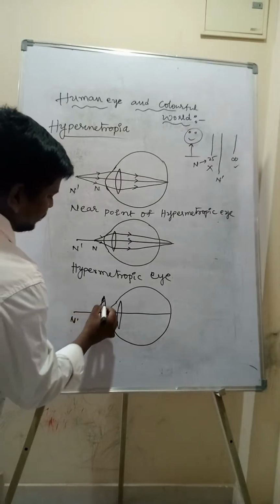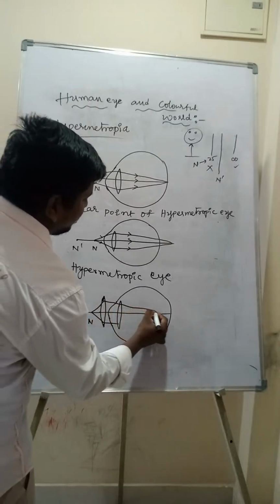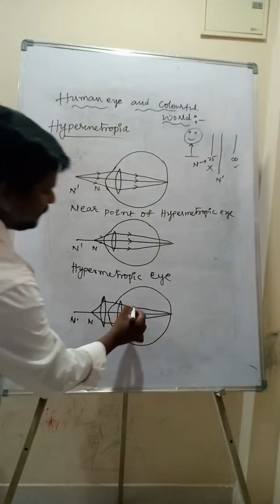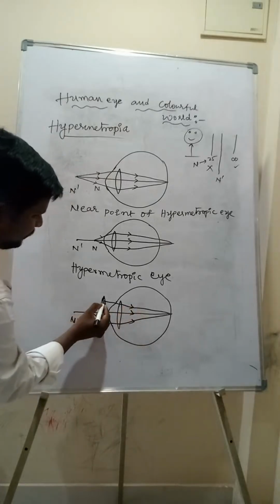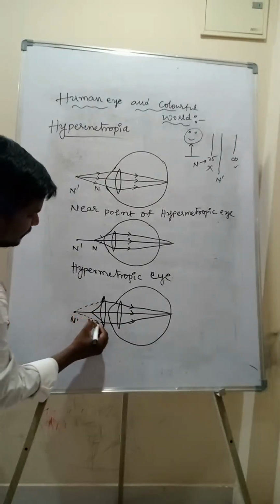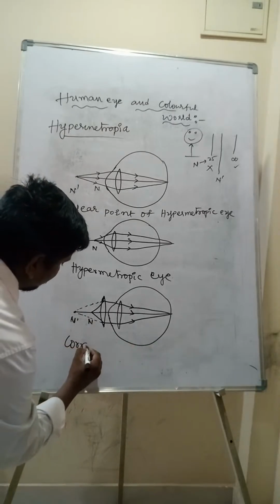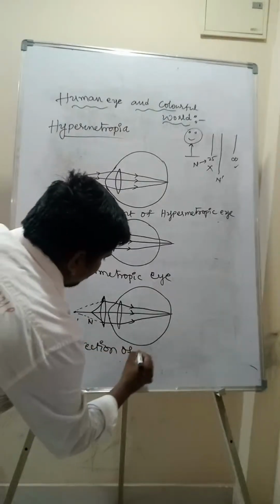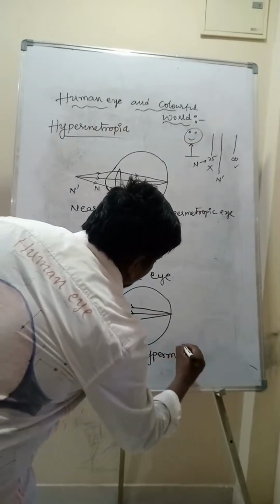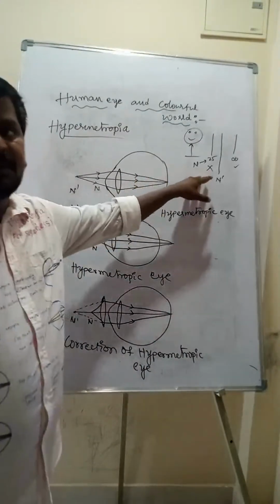After converging, again it will converge and meet at the retina, like this. Here two times convergence will be there because it is a convex lens, right? If you extend from this lens, those light rays will meet at n dash. So this is the correction of hypermetropic eye. Okay, so if you remember this case,